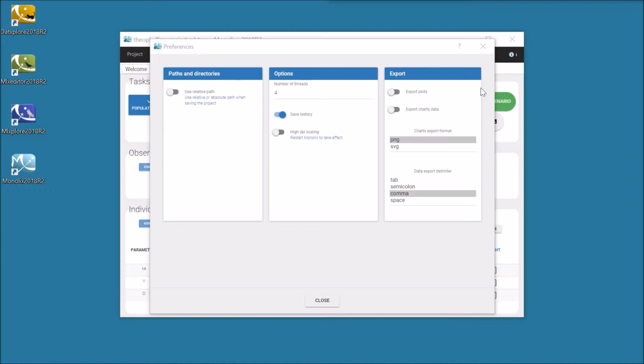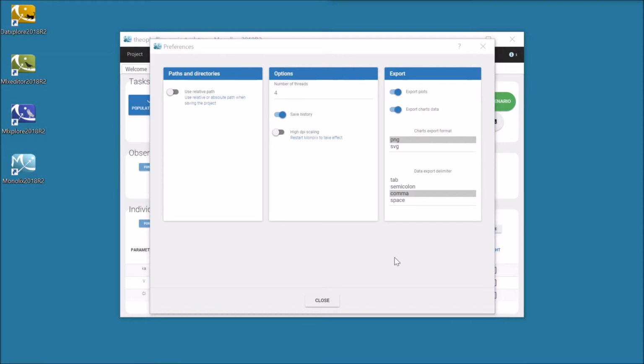The third panel in Preferences is dedicated to saving the plots generated in Monolix. By default, the plots are not saved systematically with the results, because saving them as images takes some time and some disk space. They can be saved one by one with a button in the tab Plots, but these Preferences options also allow to export automatically all the plots after each run as images, or to export the charts data used in the plots as tables. Different formats for the images and tables are available.